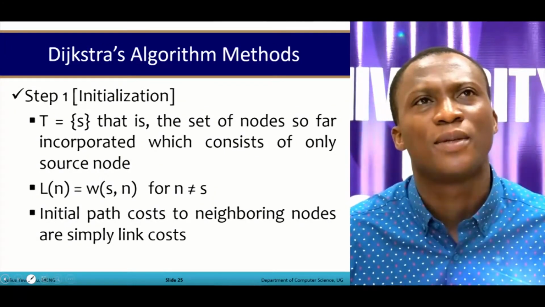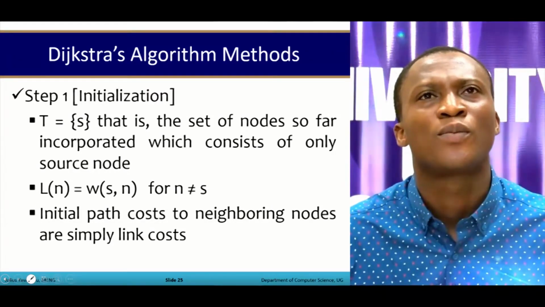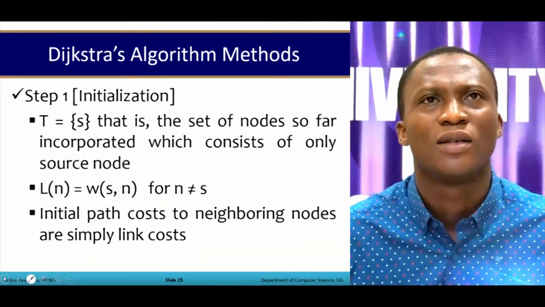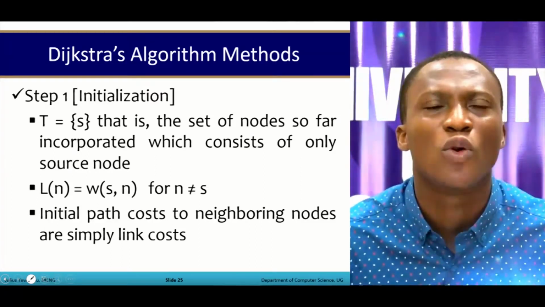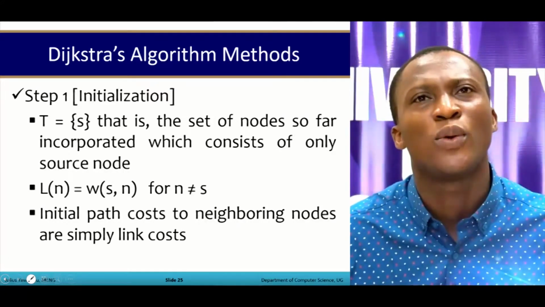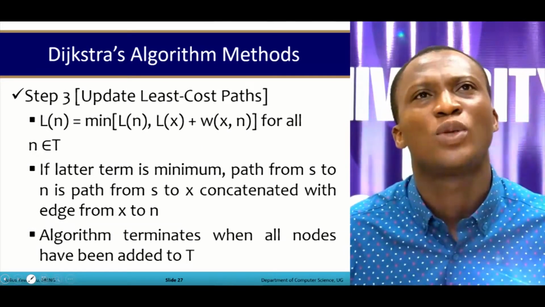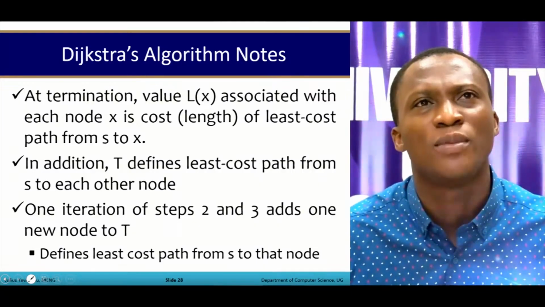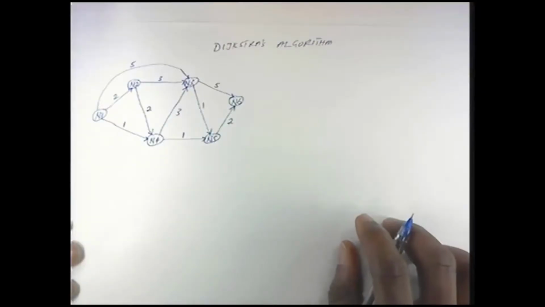So let's look at the steps. Step 1 is initialization. T is set to the set containing S. That is the set of nodes so far incorporated, which consists of only the source node. Now take your time and go through the algorithm. I'm going to take an example that will simplify these algorithms for us in a bit. So let's take an example